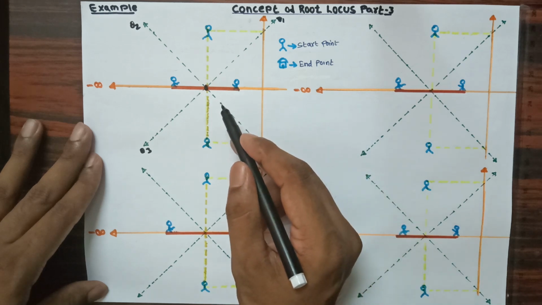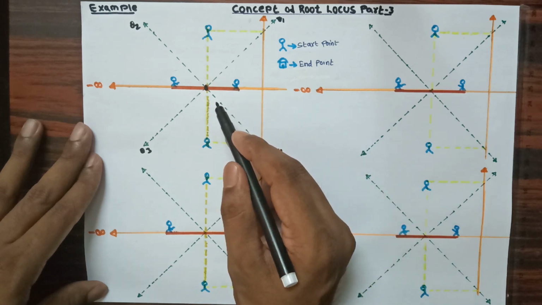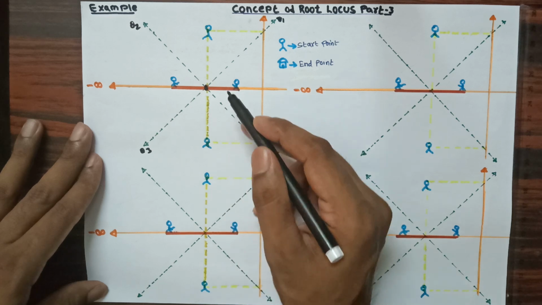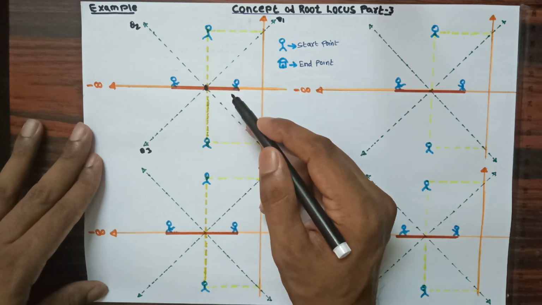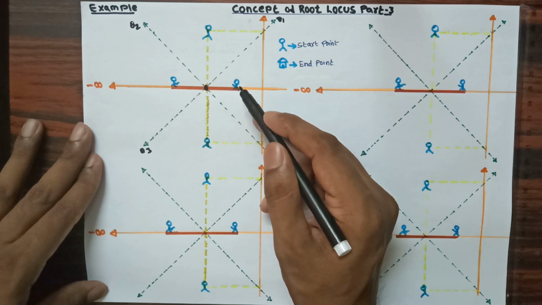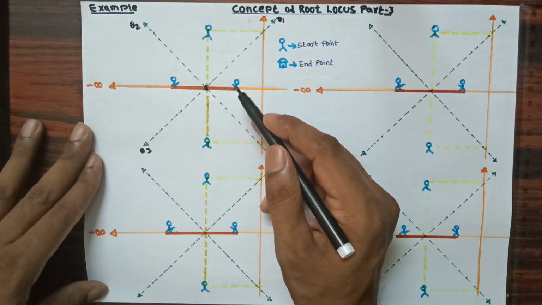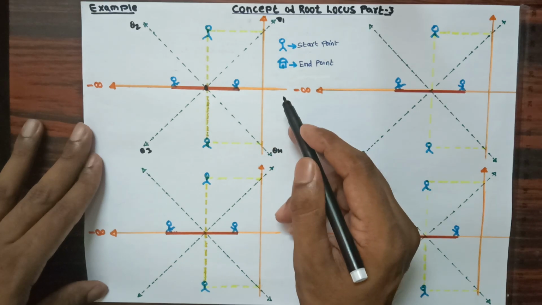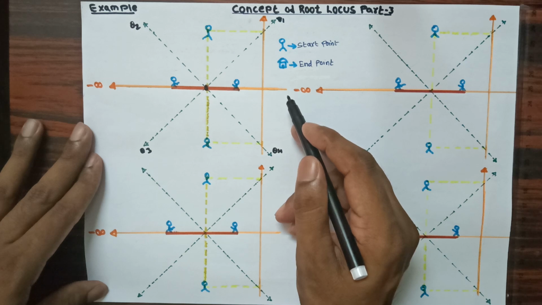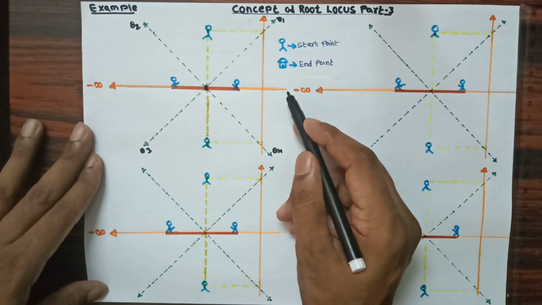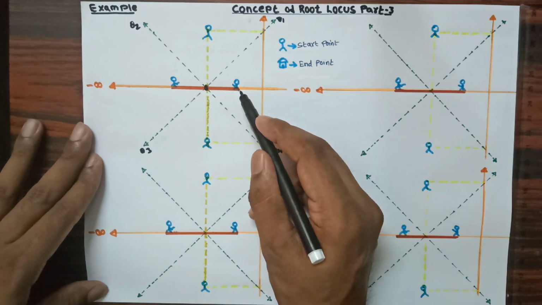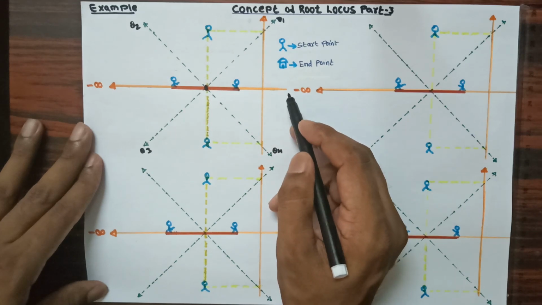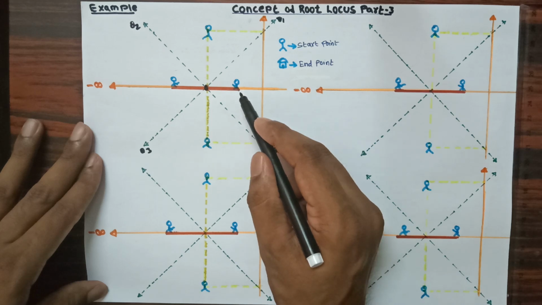And next you can see, before applying input we need to provide the path, and the condition to provide the path is, we know that we are going to provide the path for an odd count of persons or huts, and we are not going to provide any path for an even count of huts or persons. You can see here from the right hand side I am going to start to count the persons or huts. From this point to this point I do not have any person or hut, that is 0 count, and 0 is even, and you can see that from this point to this point I have not provided any path.